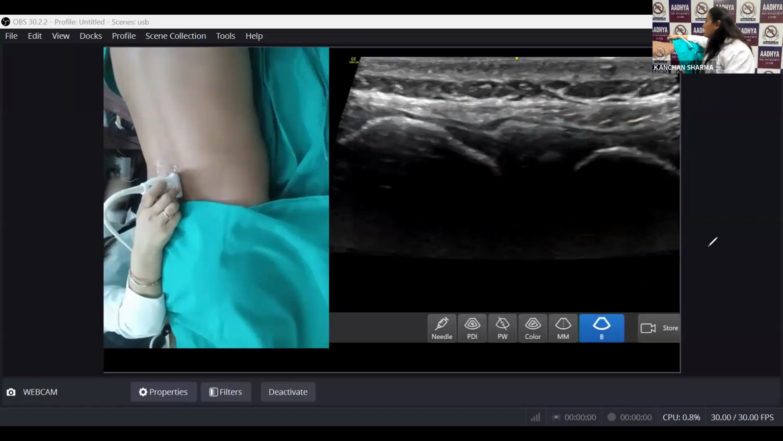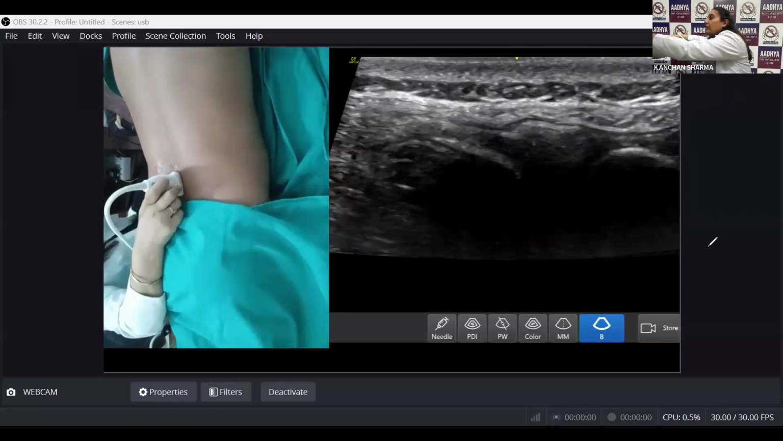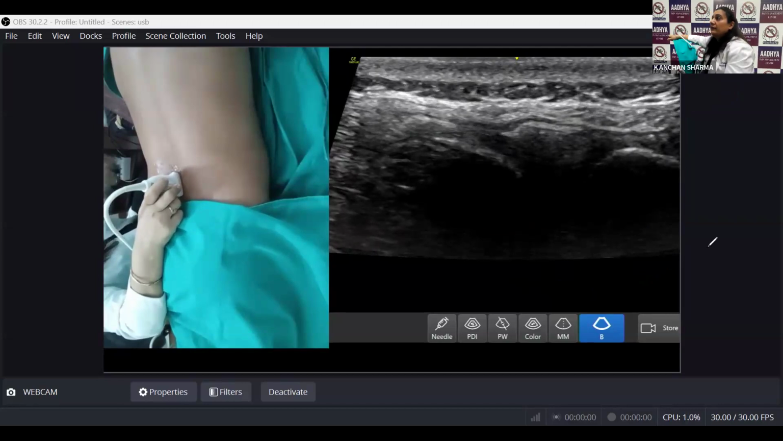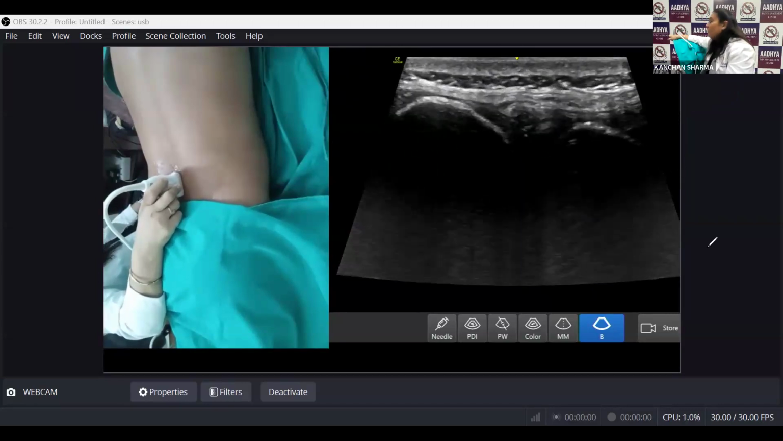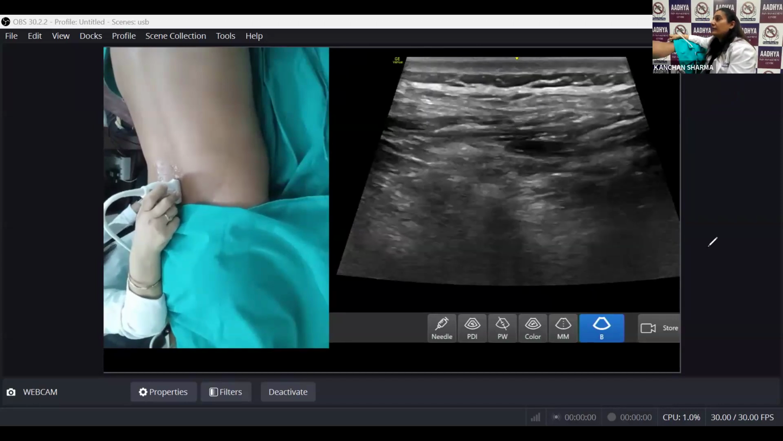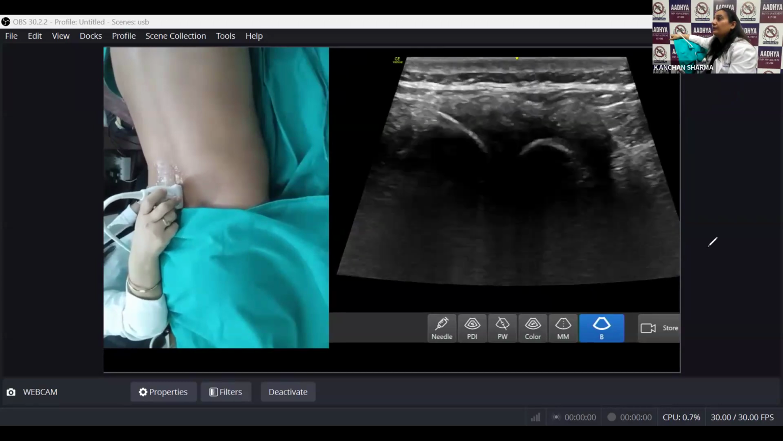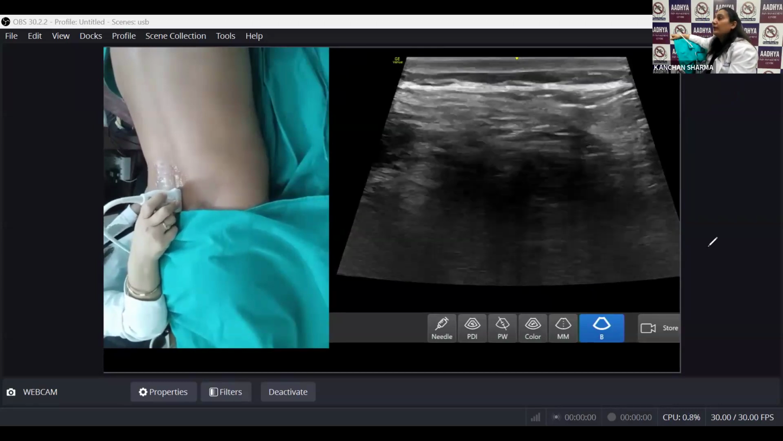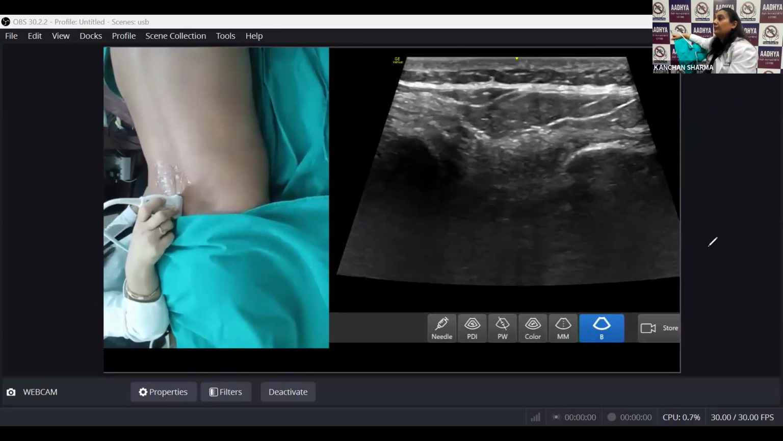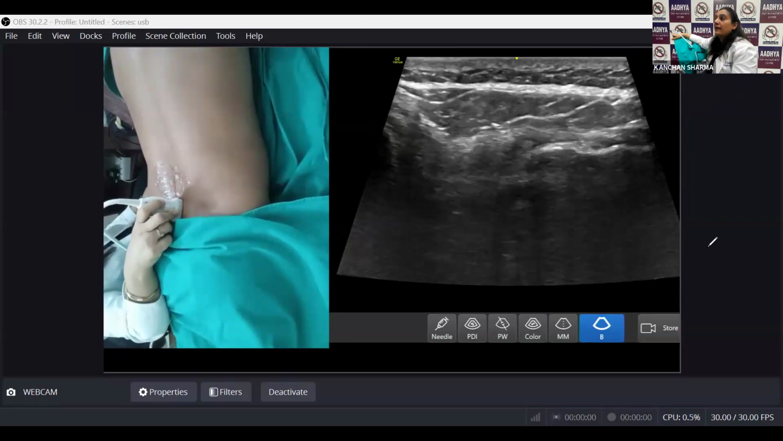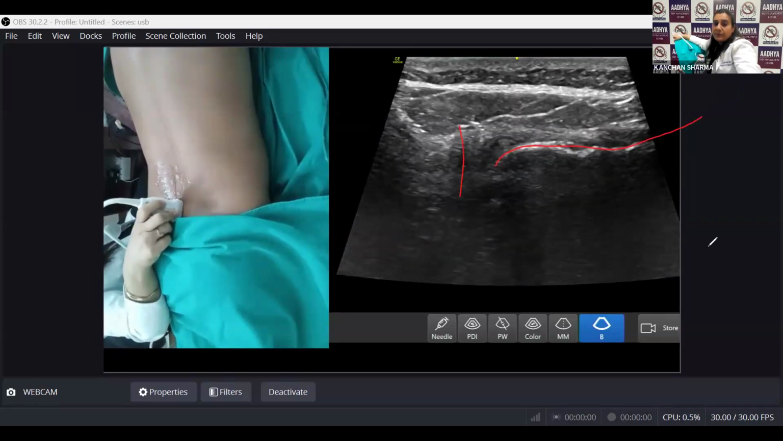You can just keep on identifying like this, and keep on going down. See how beautifully you are able to see them. You will not be able to see such beautiful things with your linear probe. Keep on going down. So now you have reached the sacrum. Continuous line, right? So this is going to be your